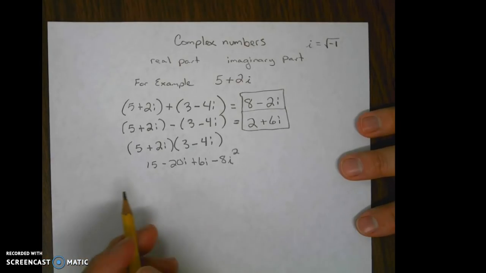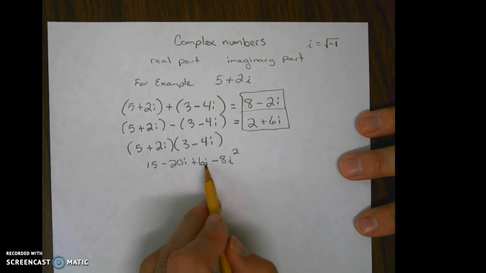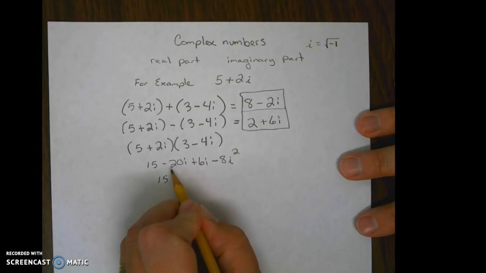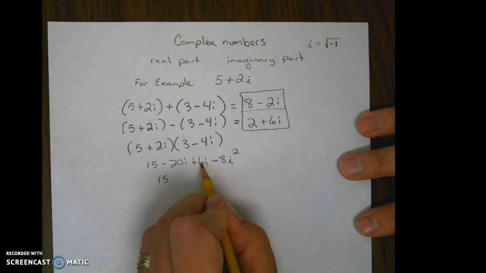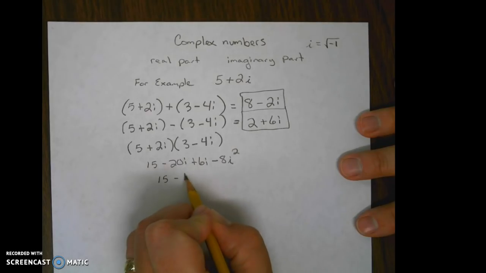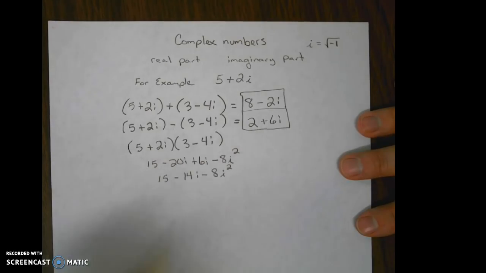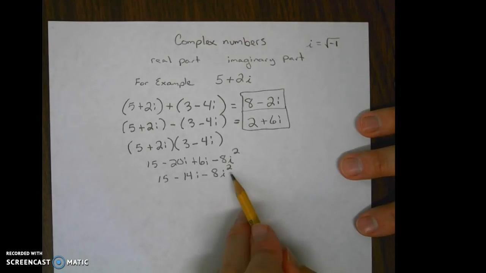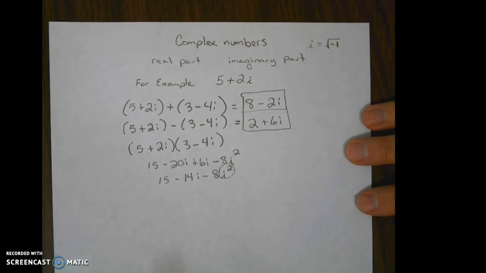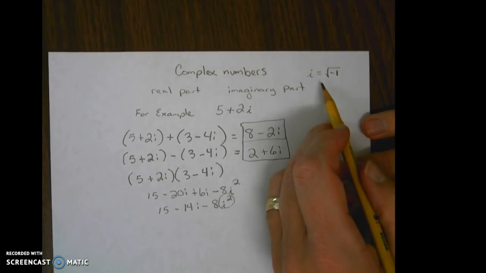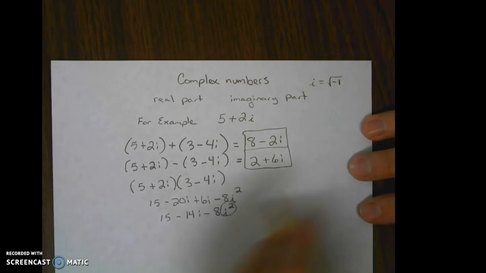Now we're going to go ahead and combine like terms. So at this point we have -20i plus 6i. Now before we can continue, we need to know what i squared is. So in order to do that, we're going to go back over here and we want to find out what